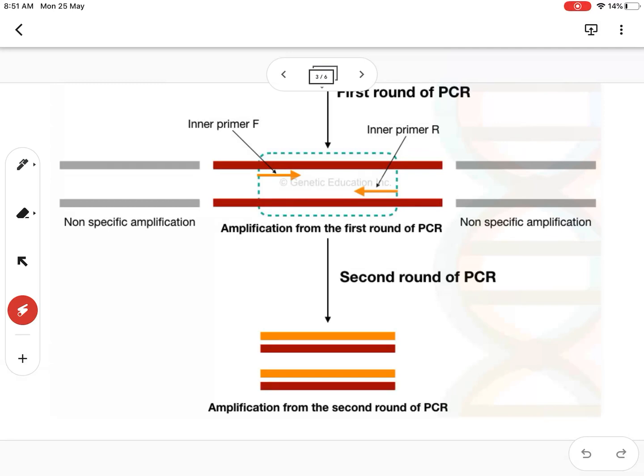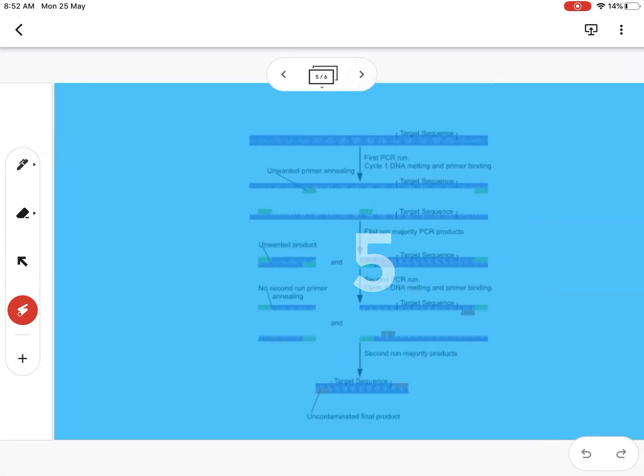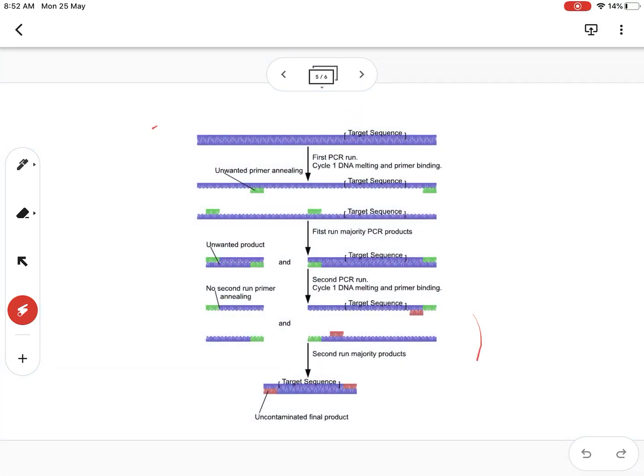This set of primer is referred to as inner primer. So here in nested PCR, our template DNA is the primary binding site for the outer set of primer, while the amplicon of the first reaction is the binding site or the target site for the inner primers. Okay, so we can also discuss this concept with this detailed figure.